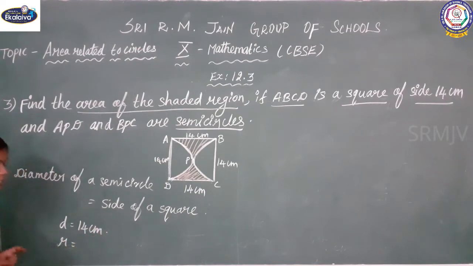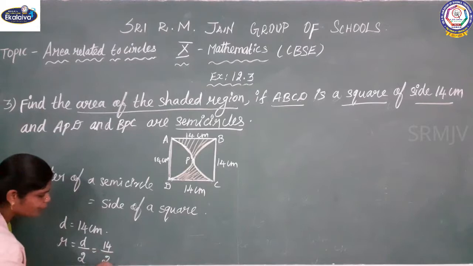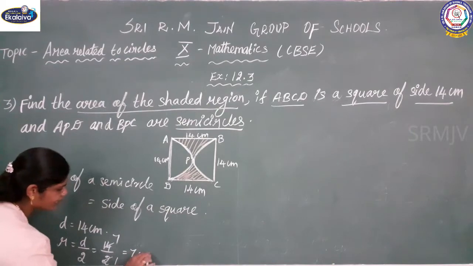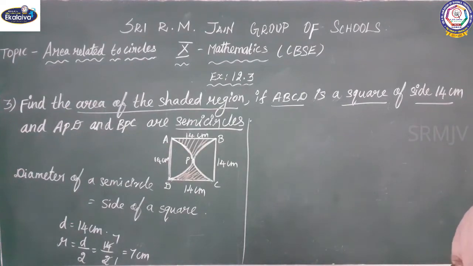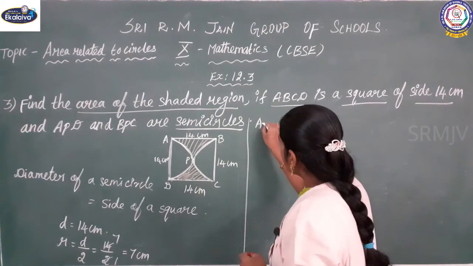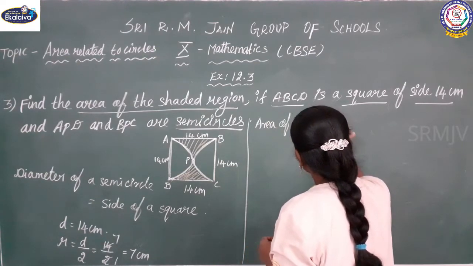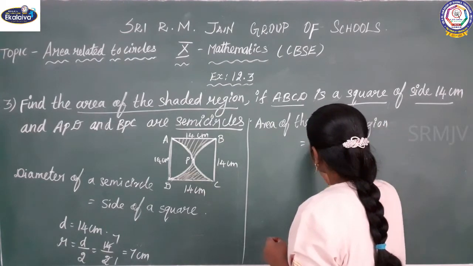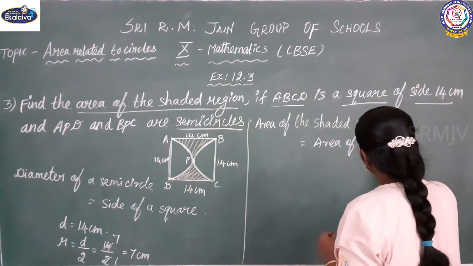The radius equal to, what is the formula? I already told you, children. What is the formula? Yes, diameter by 2. So 14 by 2. 2 ones are 2, 2 sevens are 14. So radius equal to 7 centimeter. Next we are going to find the area of the shaded region. Okay, so area of the shaded region equal to area of a square minus,